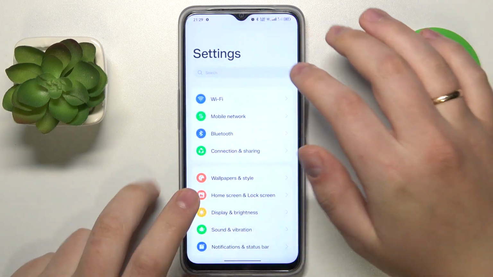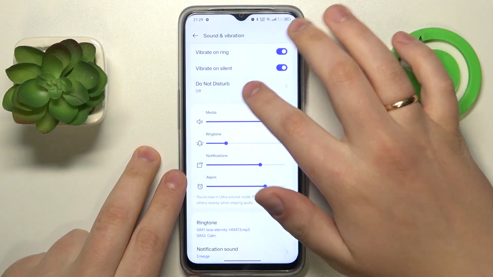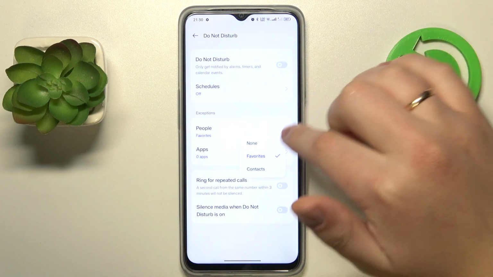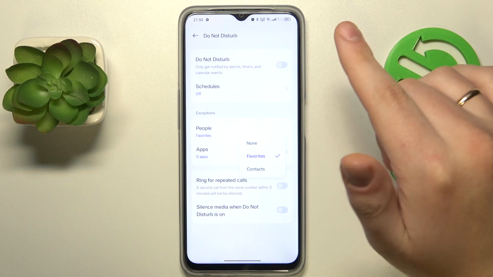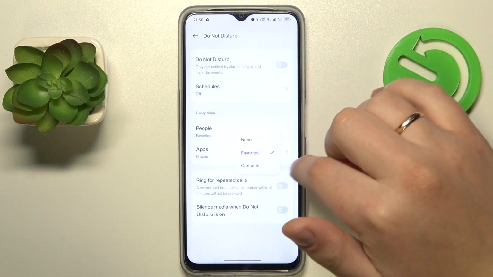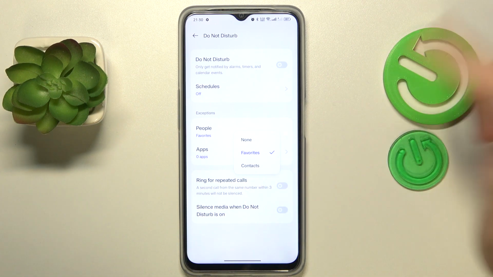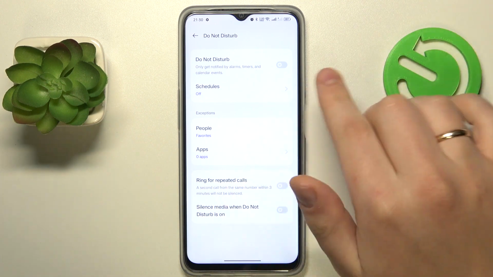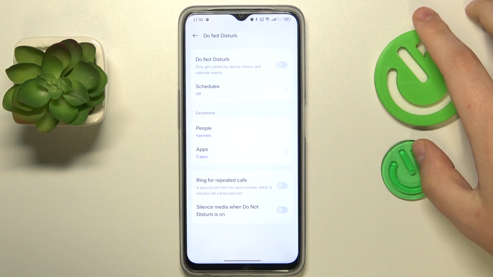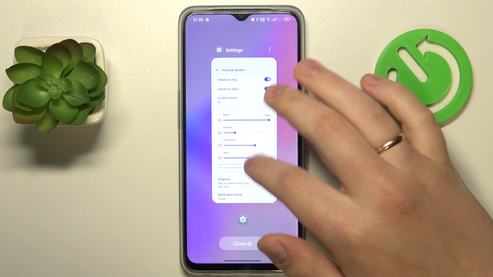So to start, let me quickly open the Do Not Disturb mode menu and go for the exceptions. So as you can see, as far as the exceptions people or exceptional people go, I've made it so that my exceptions are the contacts that I have starred as favorites. So in order to remove a whitelist number, I will need to unstar or unfavorite